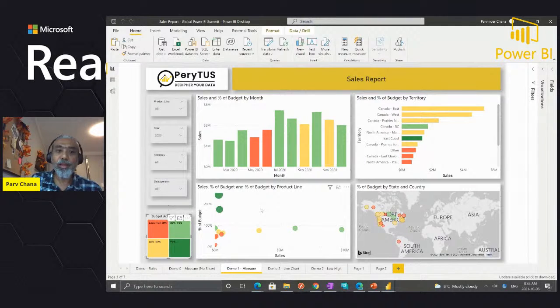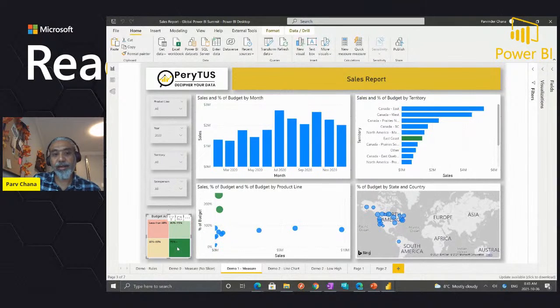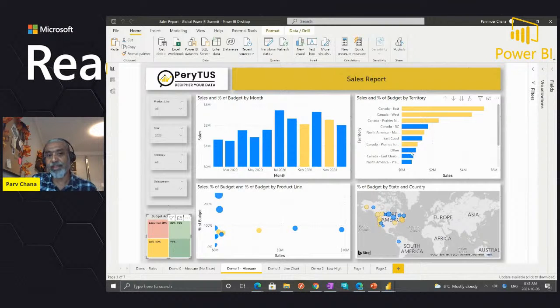And the other part of this is, let's say I want to use this as a slicer as well. Okay, I just want to see the sales with the 95%, right? So I can click on that, and now everything else has changed to a different color, and only the sales with the 95% plus is in the green color, or the actual color. Like if I click 60 to 80%, those are highlighted and the rest is changed.